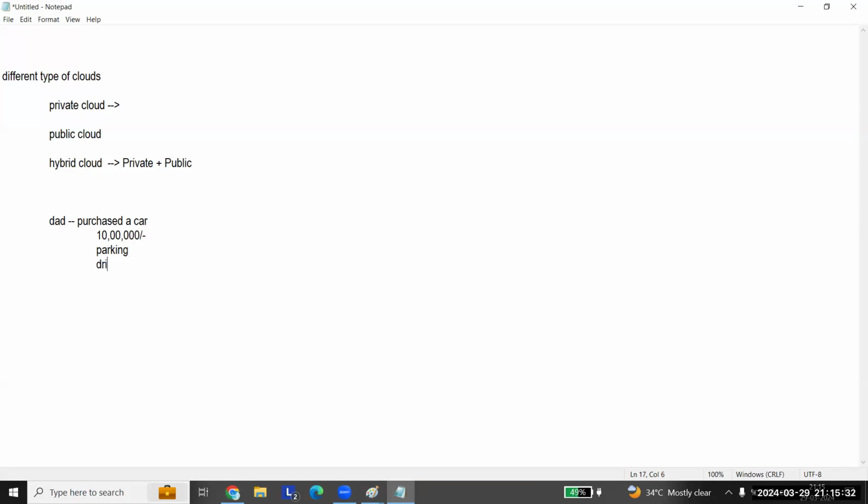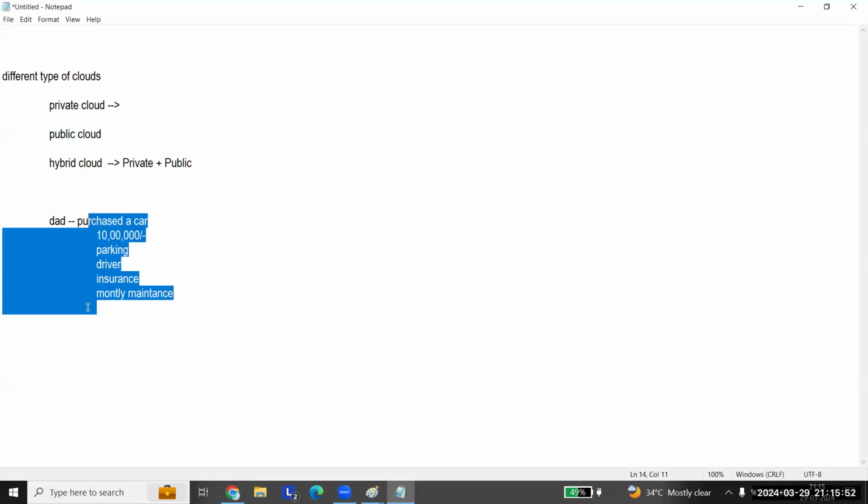And then the driver, you need to look after. And tomorrow, what happens? The yearly insurance and the monthly maintenance, you need to take care of all these, because this is a private car.